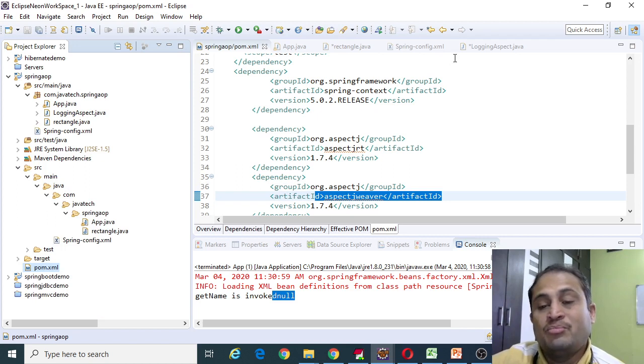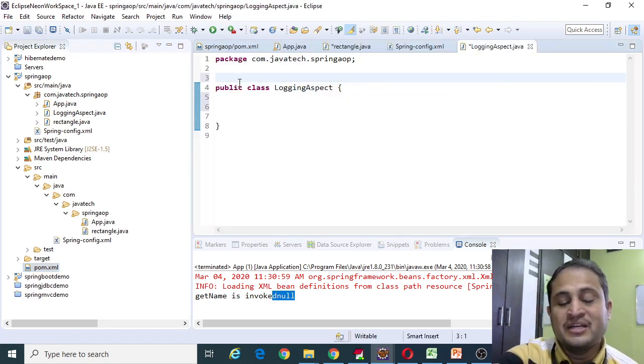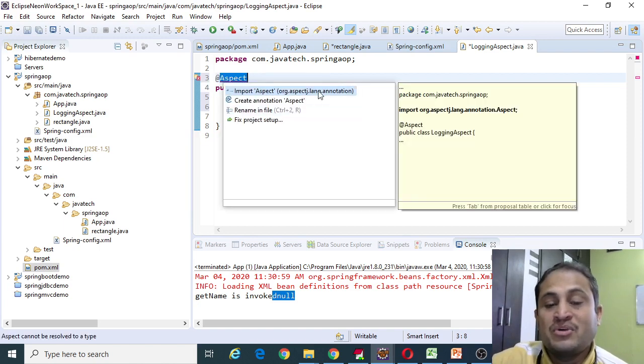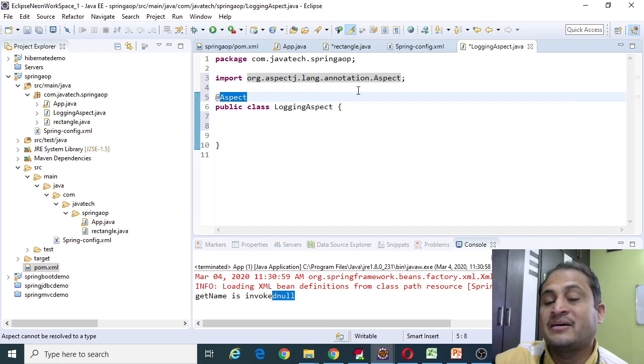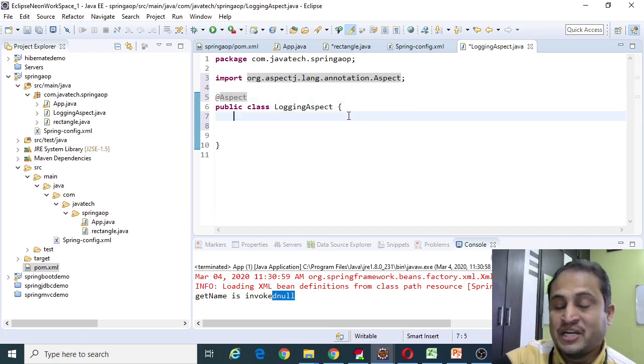So how do you implement it? Nothing great is there, I just need to make this an aspect. So I'm telling this logging aspect is an aspect. Let me import it, org.aspectj.lang.annotation.Aspect. So once I define this logging aspect,